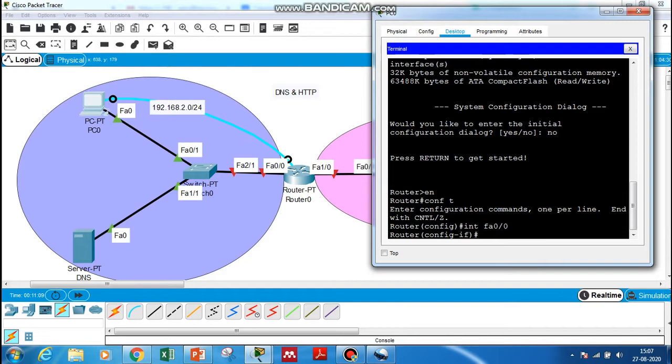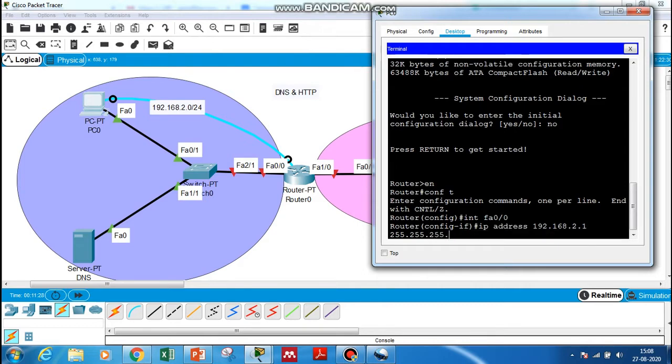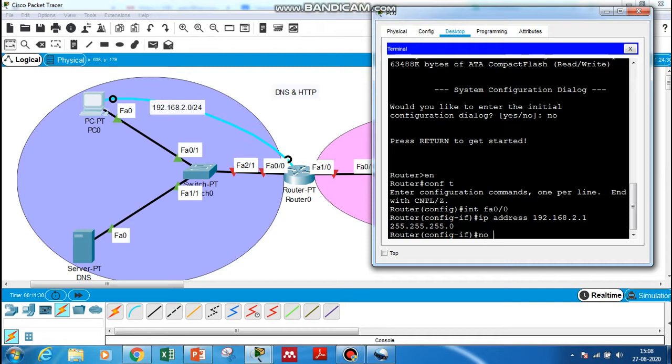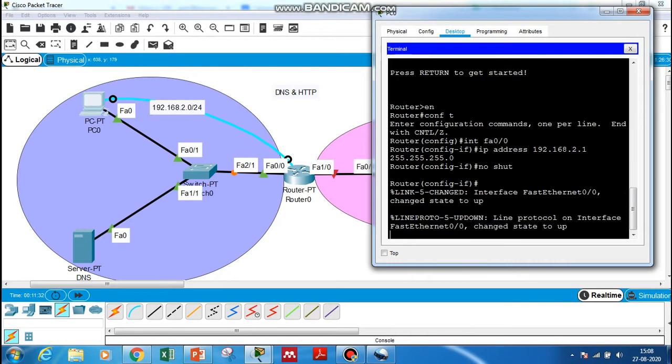As it belongs to the 2.0 network, and also we have given the default gateway as 192.168.2.1 in the PC and the server, the IP address here is 192.168.2.1 and the mask. And after that, give a no shut to observe that the port has changed to up. Now you could see that the status is changed from red to green.